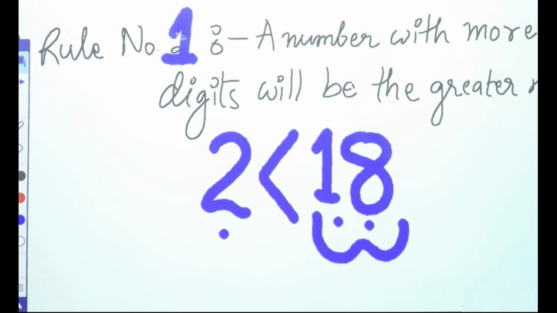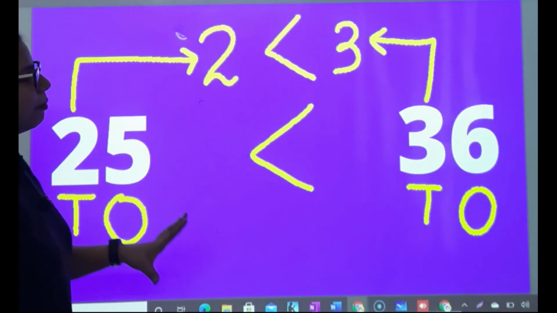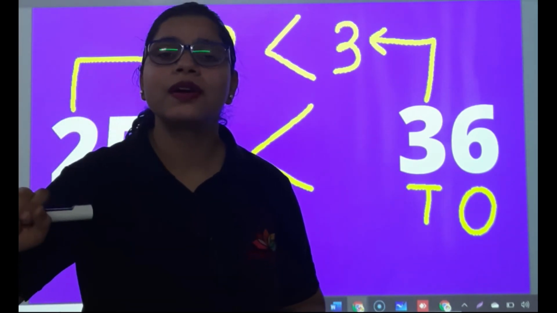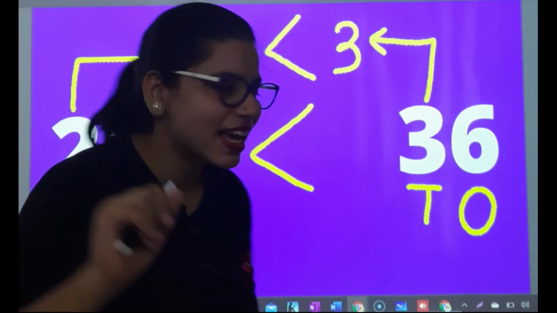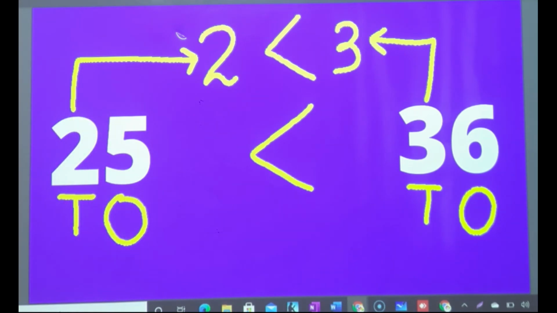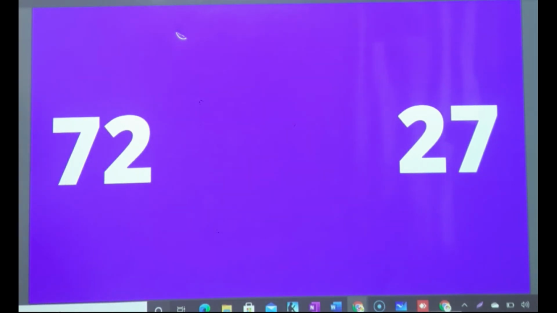Okay, now let's switch to the lesson. This is rule number 2. Comparing the number, it's easy. Start from tens place. Now let's switch to the next question. I just want to see how many of you can do this question fast. Giving you just 5 counts. 1, 2, 3, 4,